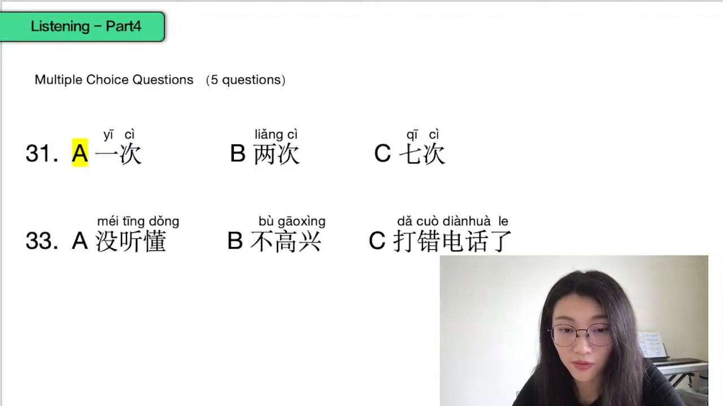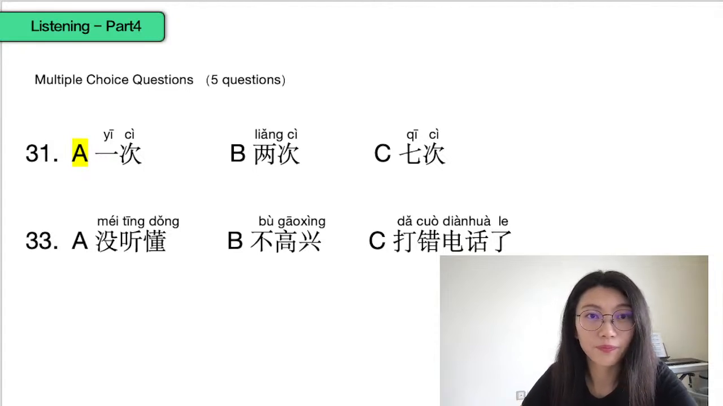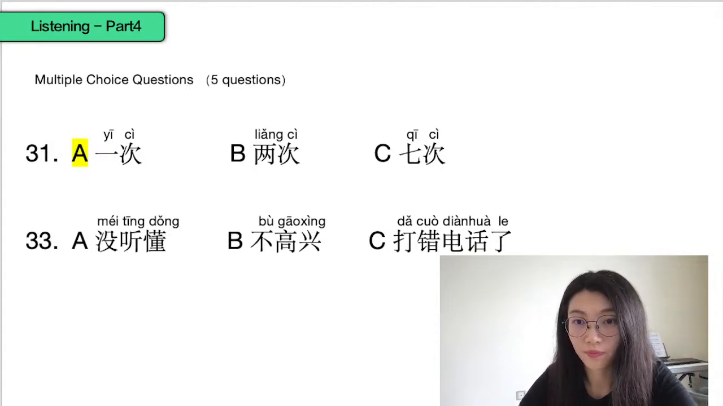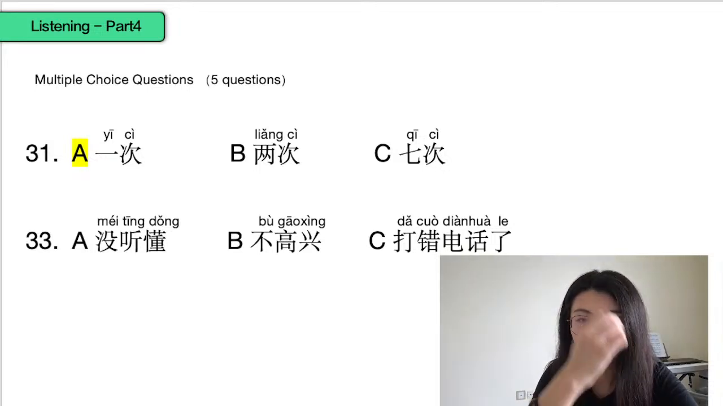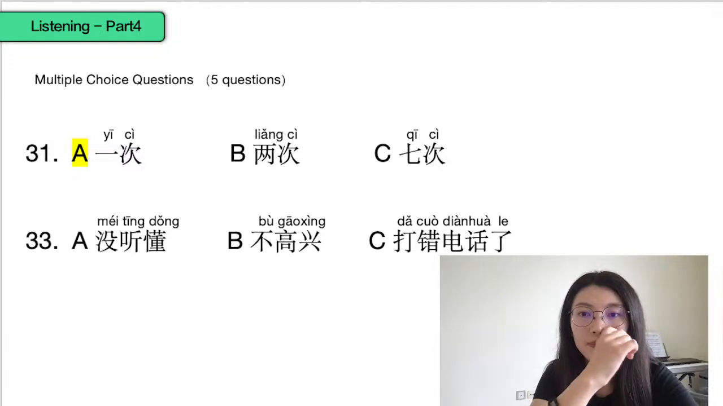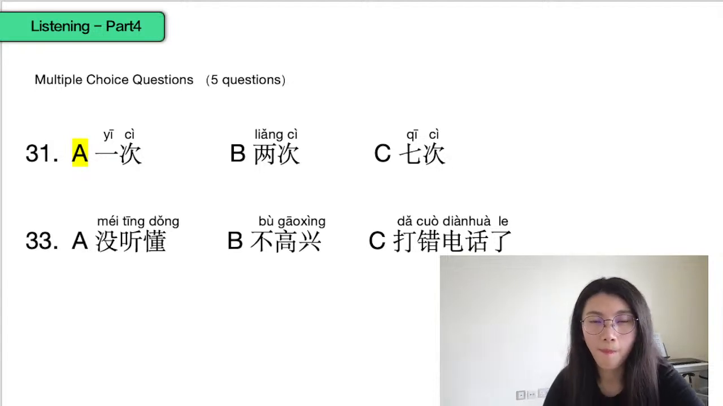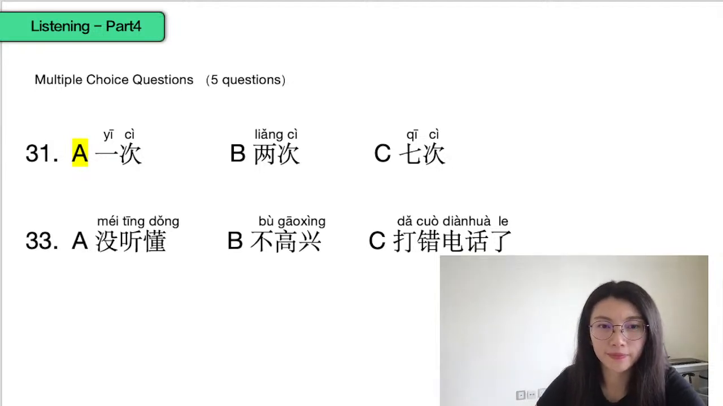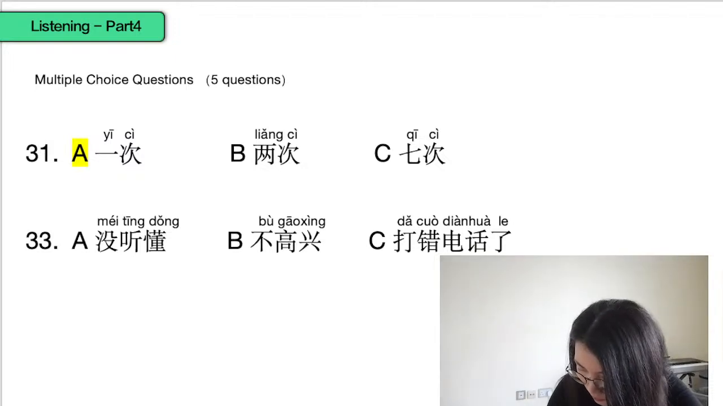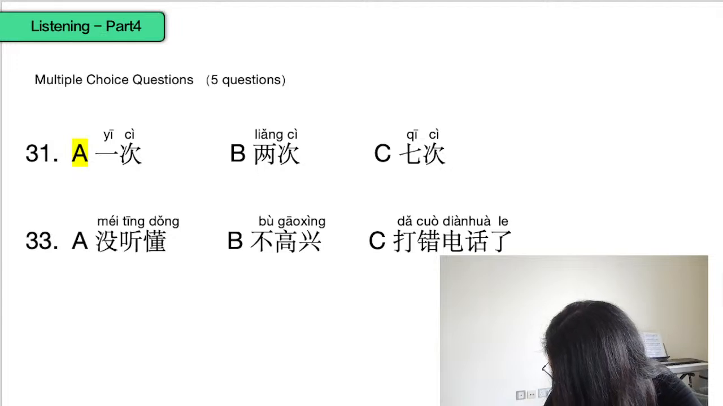Now let's listen, 33。喂，你好。您好，张老师在吗？我是他的学生。小姐，你打错电话了。对不起。女的怎么了？